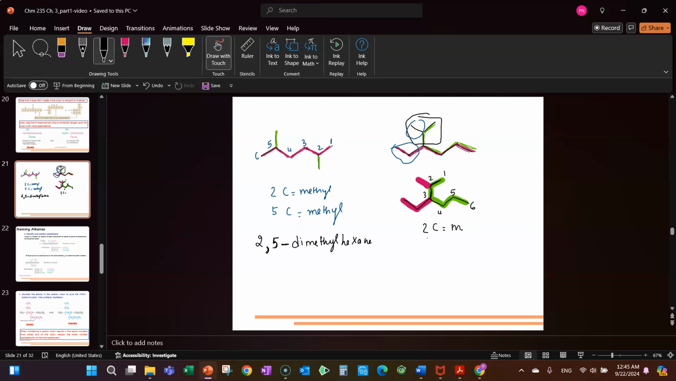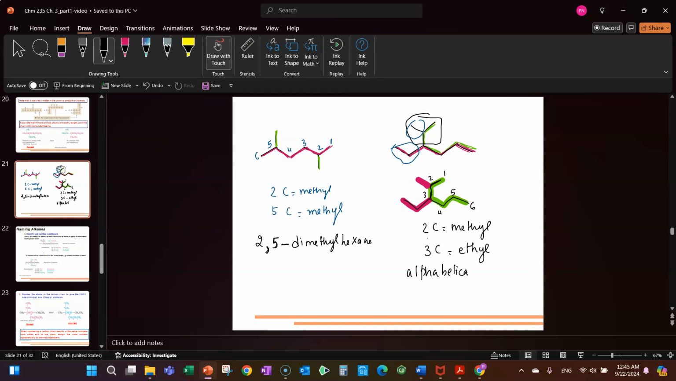You have a methyl group, and at the third carbon atom, you have an ethyl group, right? It's an ethyl group, see, CH2, CH3. This is a CH3. Okay? So how do we name it? Always put the substituents in alphabetical order. Okay, so you have to put them in alphabetical